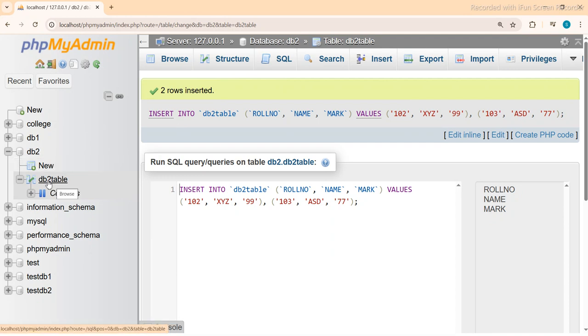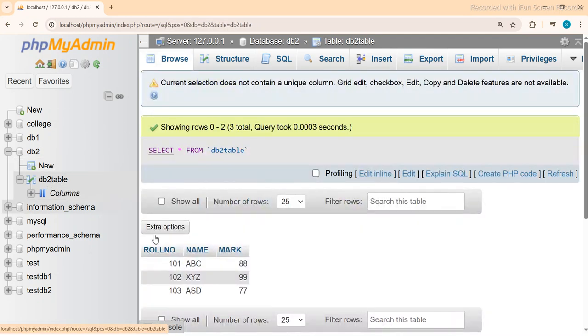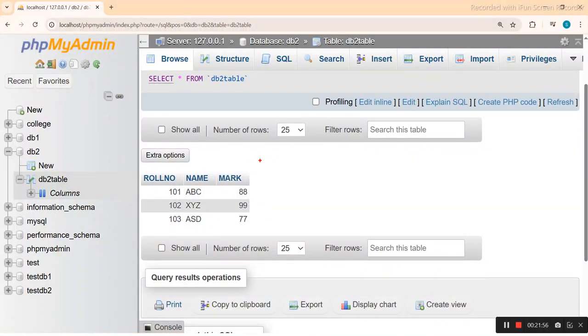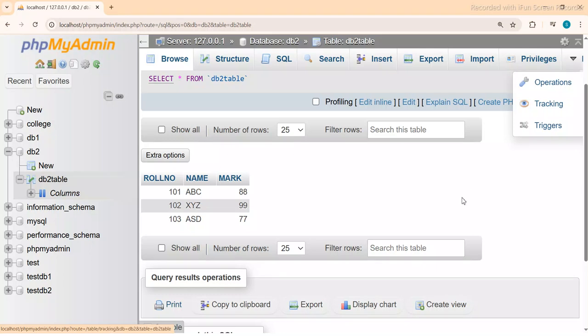Now you can go and see the table, db2 table. See, there are 3 rows inserted now. That is about the insert command. Either you can do it through SQL command or through these options. The next one,